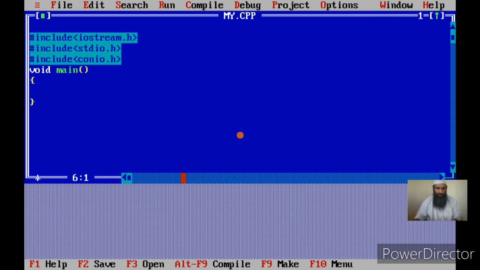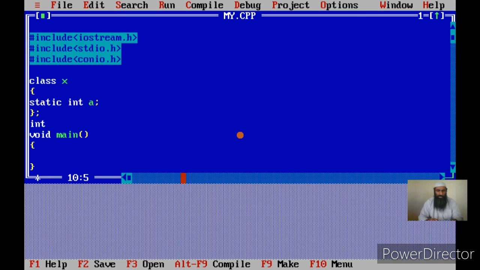Now let us create a class X in which I create one static data member, integer a, by using the prefix static. Now I have to initialize the value of this member. How do I do it? I do it outside the class by using int. I don't use the static keyword here, and then prefix the variable name with X and the scope resolution operator to indicate that this is a